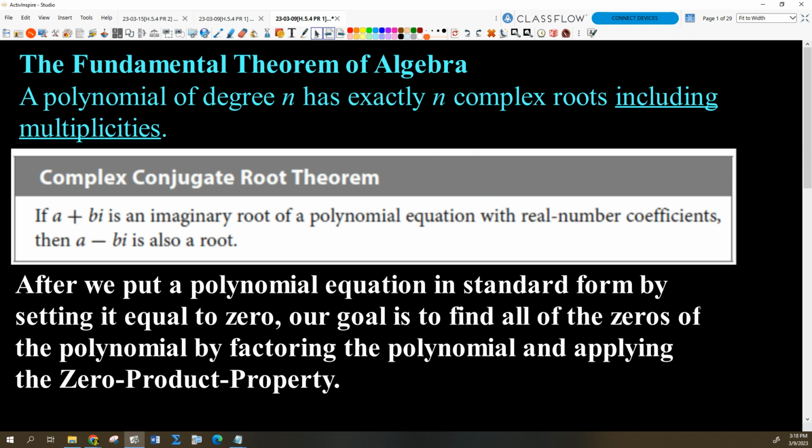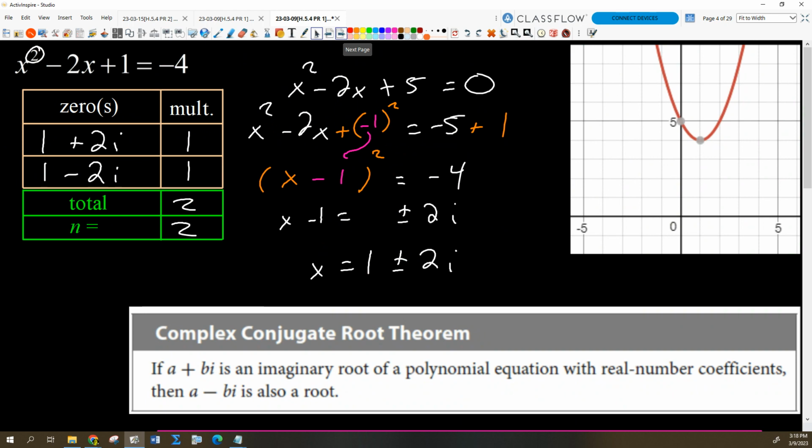Yeah, every number is complex, right? The complex numbers are the set of all numbers. Real numbers are complex numbers with 0 imaginary part. Pure imaginary numbers are complex numbers with no real part. And other complex numbers have both a real part and an imaginary part, right? Okay, so